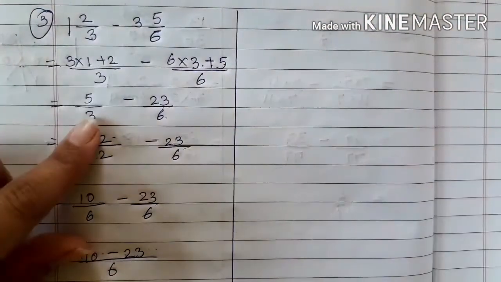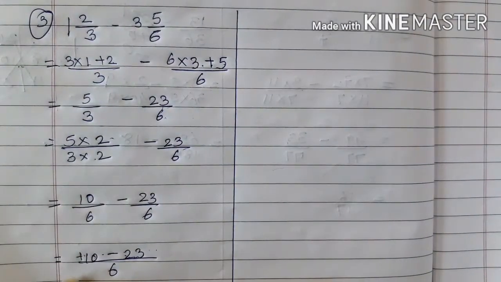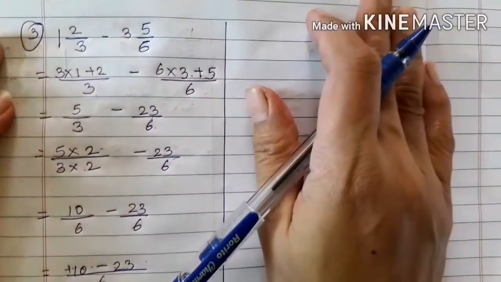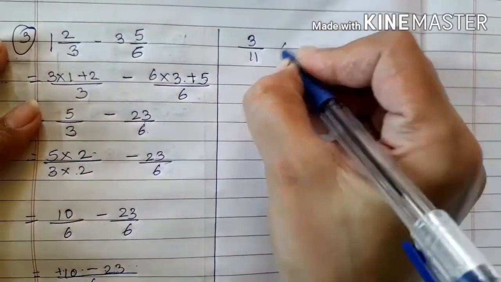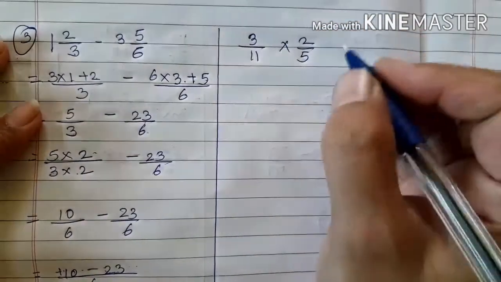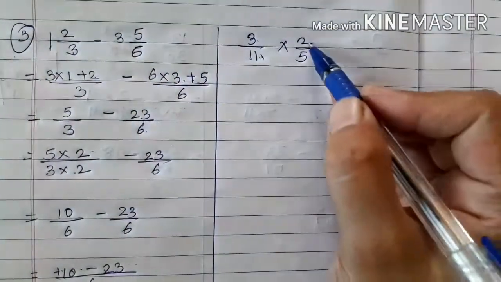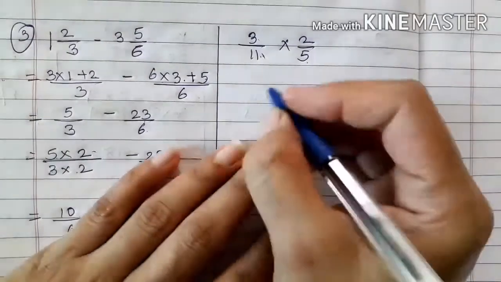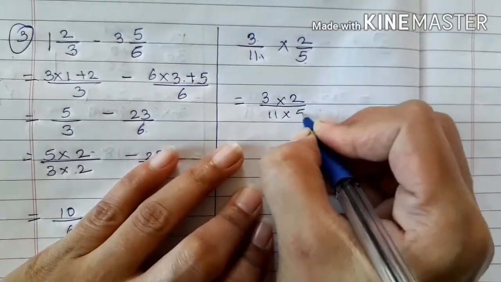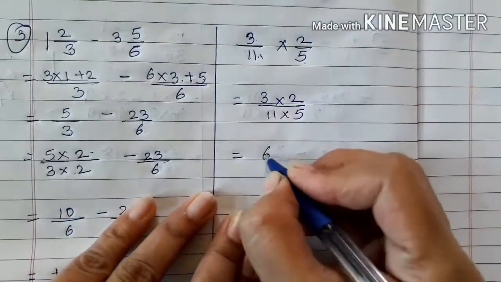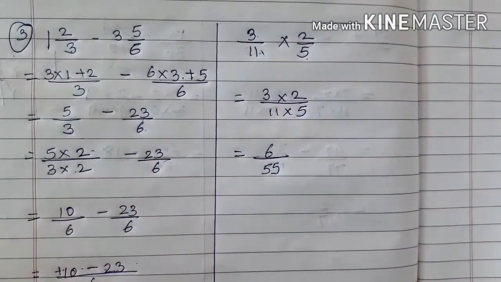Okay, first change it into a simple fraction and then find the denominators and then solve. Okay? So I'll move towards the third question, that is multiplication of the rational numbers. I'll take the first sum, that is 3 upon 11 multiplied by 2 upon 5. Okay, so what we have to do, 3 multiplied by 2 and 11 multiplied by 5. That is 3 2's are 6, 11 5's are 55. That's it. This much only you all have to do.